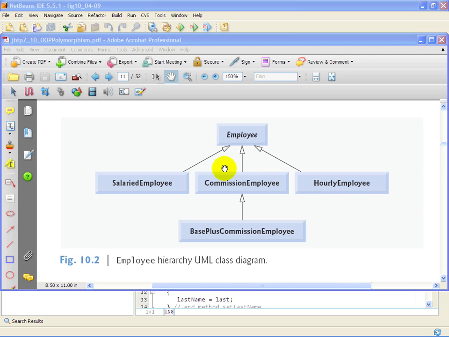Our intention here is to create a program in which we can calculate payroll for many different types of employees, and there will be part of that program where we focus on employee specific stuff. For example, the ability to create new objects of the classes salaried employee, commission employee, hourly employee, and base plus commission employee. But we're also going to have a portion of the program that just focuses generically on the concept